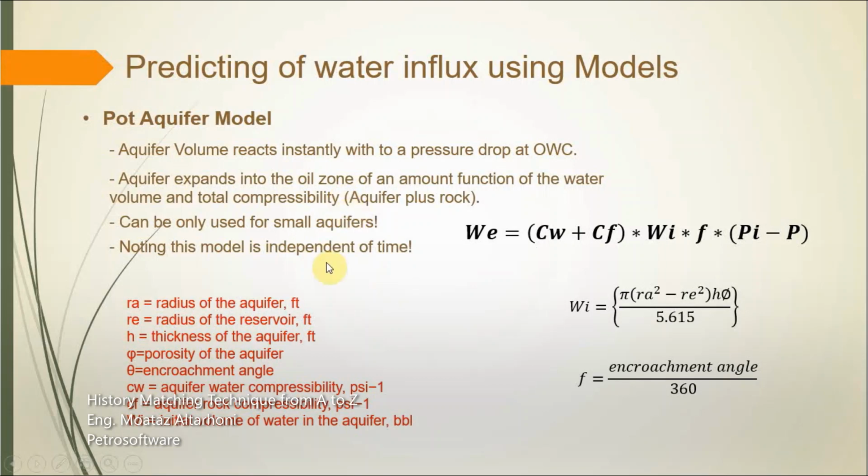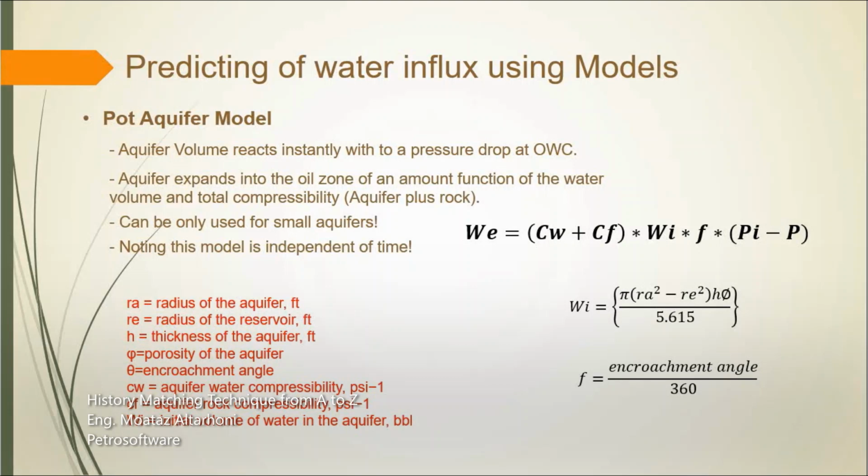When we have a huge volume or a strong aquifer, we cannot use the pot aquifer model, because it needs time. In the pot aquifer model we don't have any time. Immediately, when the pressure drops, we know how much volume invaded. That works with small